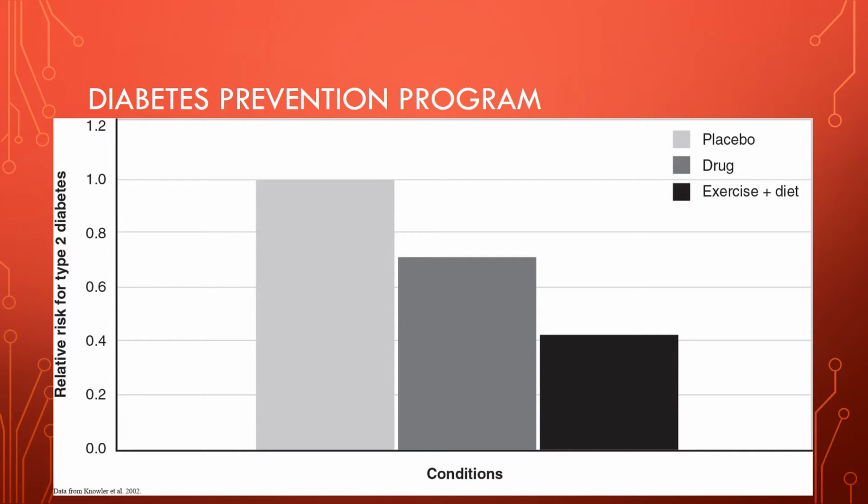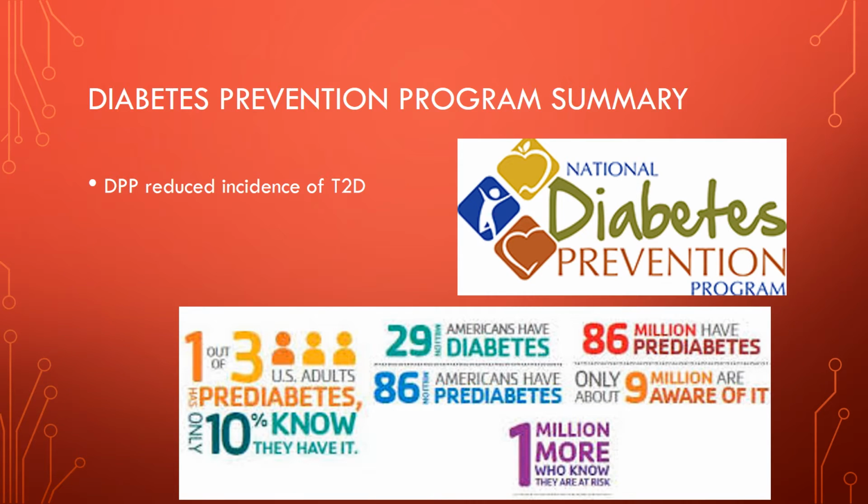Remember, these are people who are at risk of diabetes anyway. So we probably wouldn't see this extreme of a range in a sample that was not all at risk. But for people who are at risk of type 2 diabetes, because of a family history, exercise and diet is incredibly effective at reducing their risk.